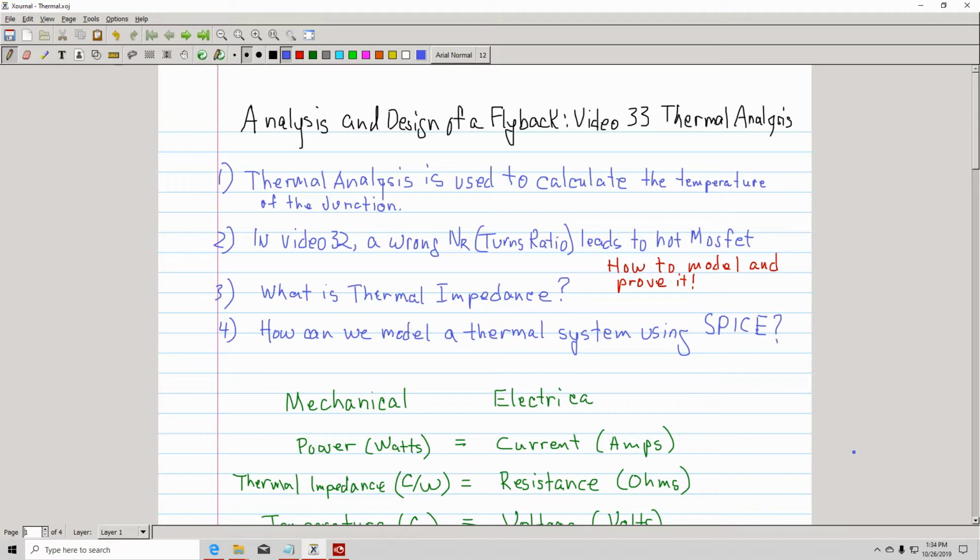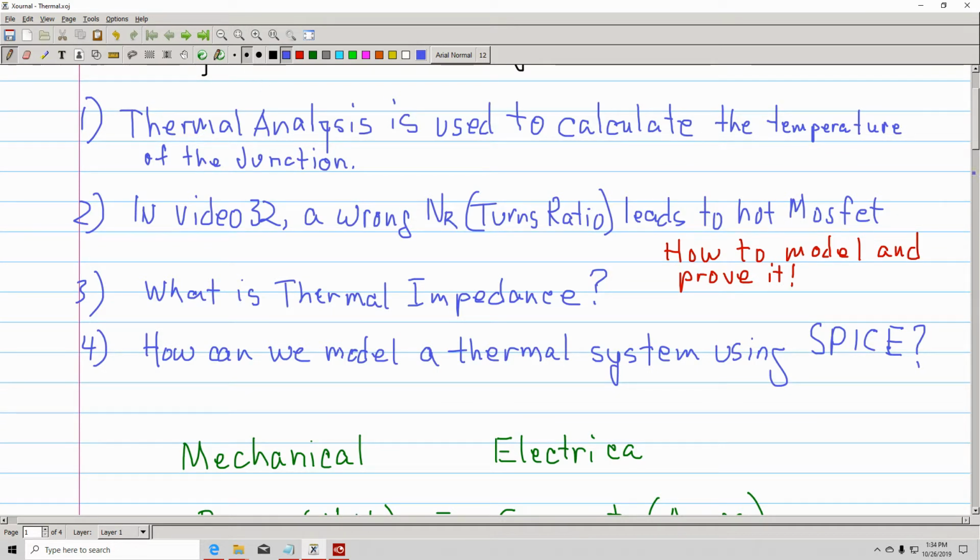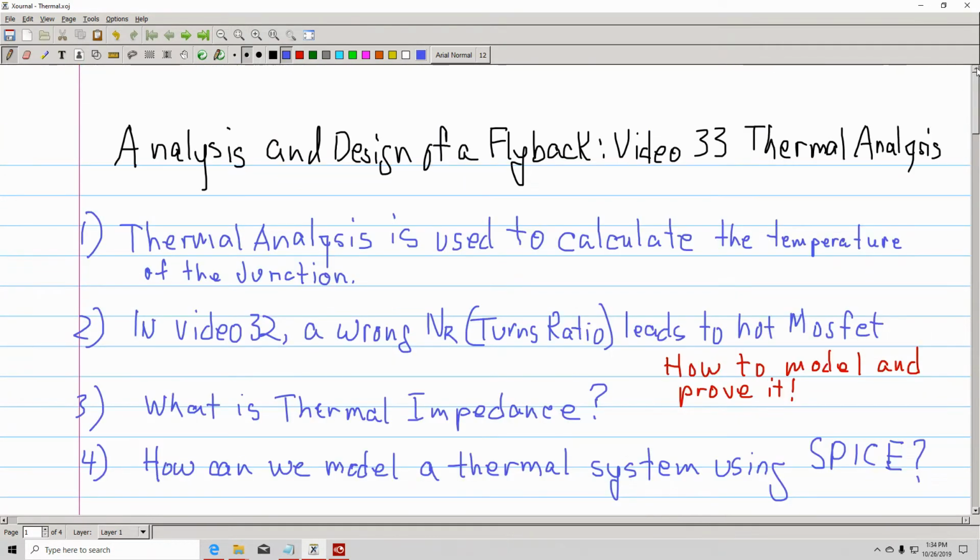I'm using a different computer. I just got a new computer and I'm trying to learn how to use the software itself. I'm switching from journal to X journal. Hopefully this will work a little bit better. For some reason the journal kept crashing in the middle of doing the video, so hopefully I won't have problems with this. So bear with me. There's still a learning curve with this. Anyway,